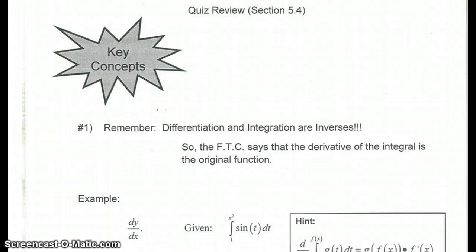Quiz 5.4 Review Calculus with Mr. Walton. Key concepts. Number one, we want to remember that differentiation and integration are inverses. So please also recall that the fundamental theorem of calculus says that the derivative of the integral is the original function. For example,